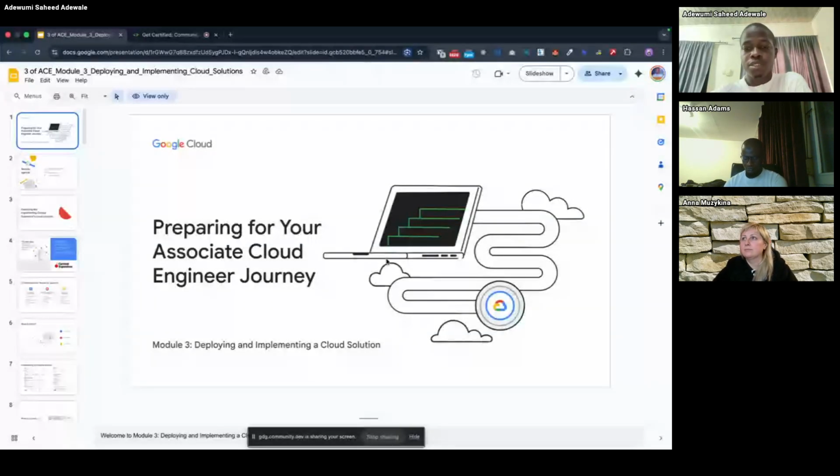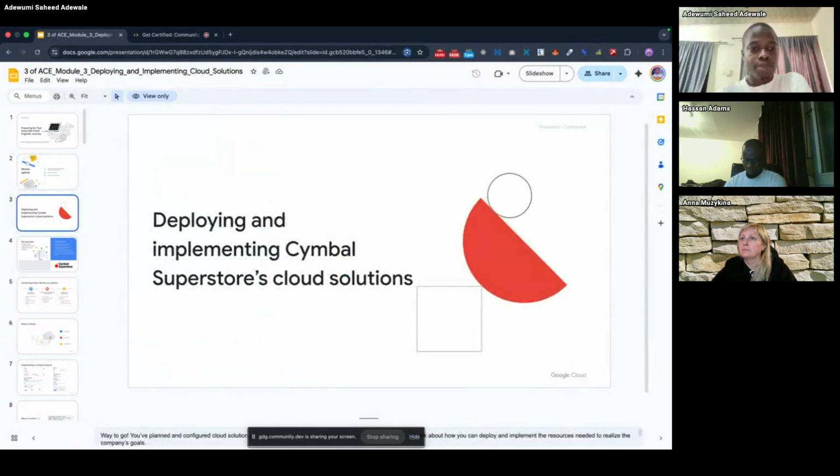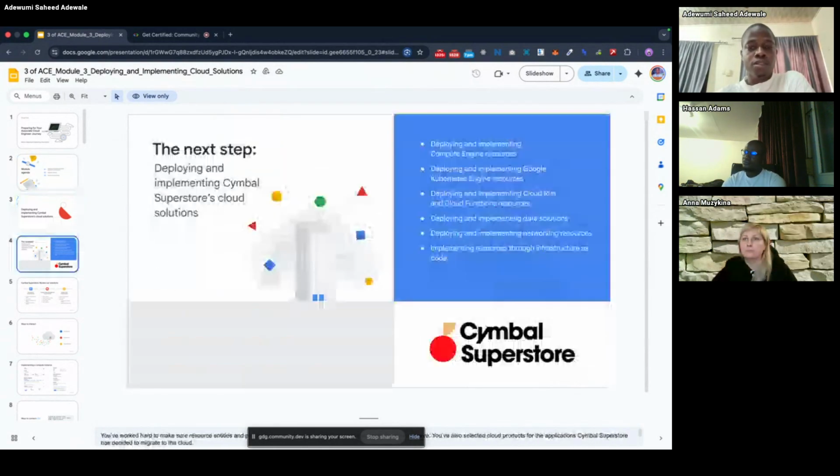We are talking about the Cymbal Superstore use case, whereby they are planning to deploy and implement a cloud solution. We are going to be treating some questions and we review the study plan. So, deploying and implementing Cymbal. These are the key things we are going to be doing in this section: deploy and implement Compute Engine